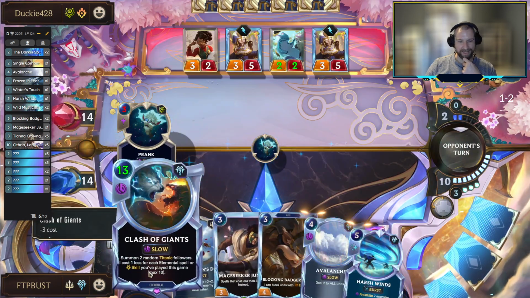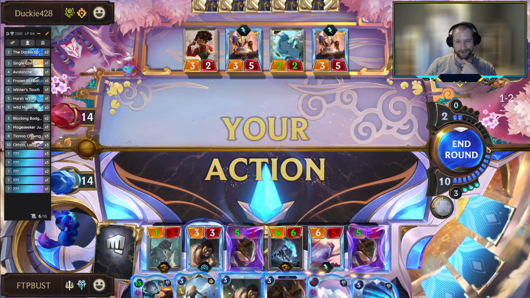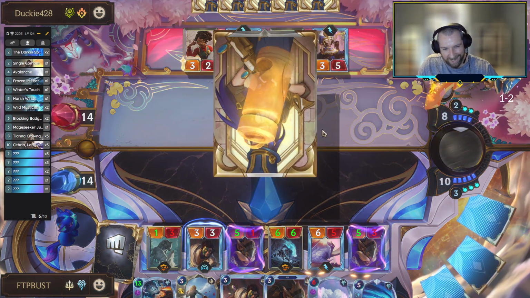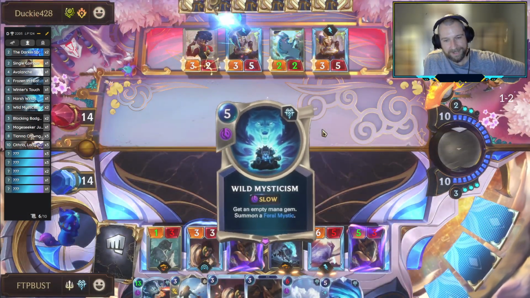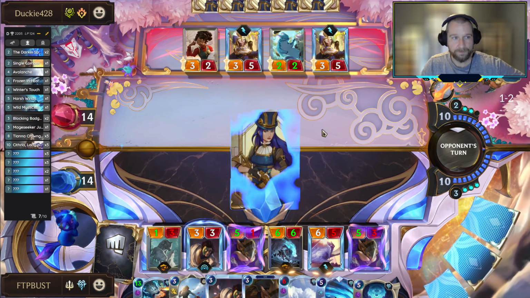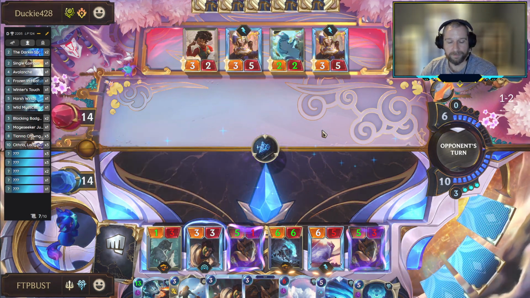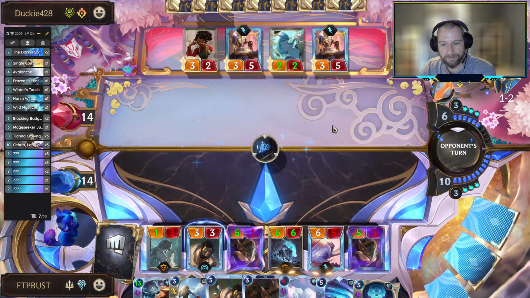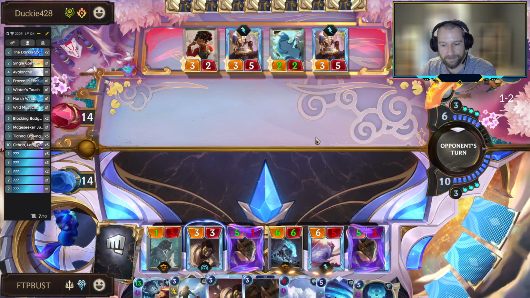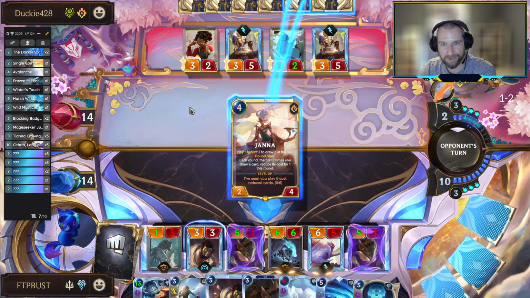I'm just eyeballing the Clash of the Giants now and being like, this is what I want on board. I don't want these little dum-dums. I want the Clash of the Giants down now, since Anaka's clearly not doing her job. Is that how we want to approach this? We can,